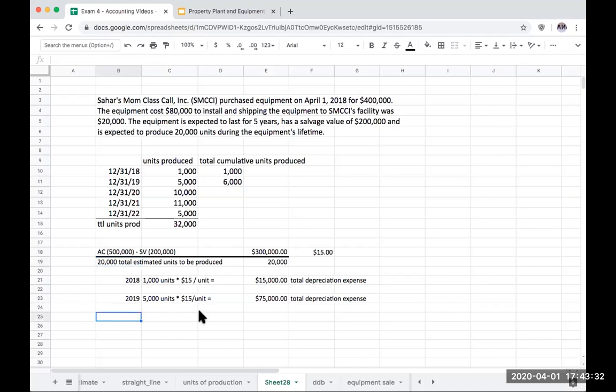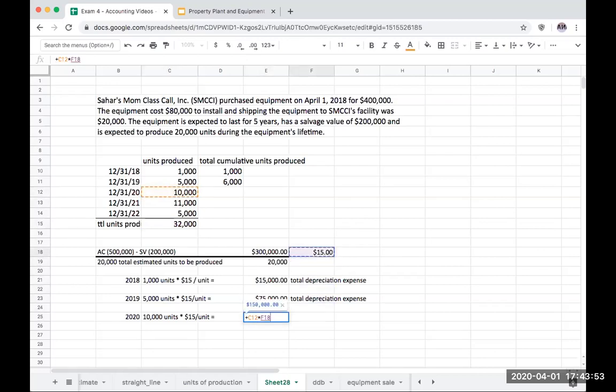So we're okay for right now. Let's go to 2020. So in 2020, we produced 10,000 units at $15 per unit. So this is going to give me a total of 10,000